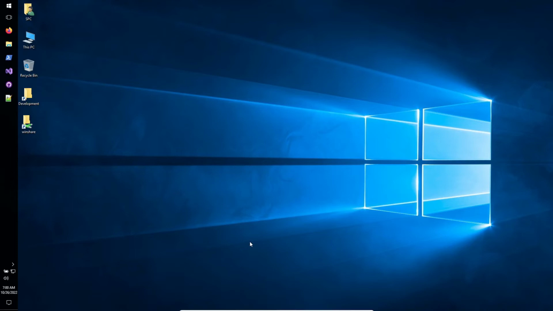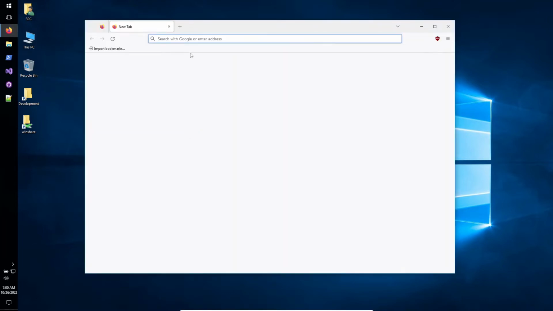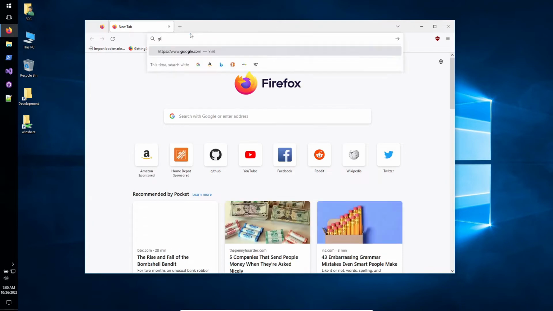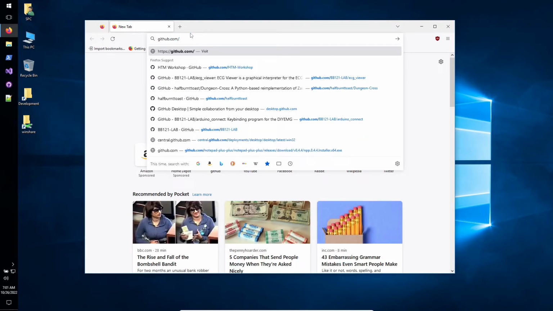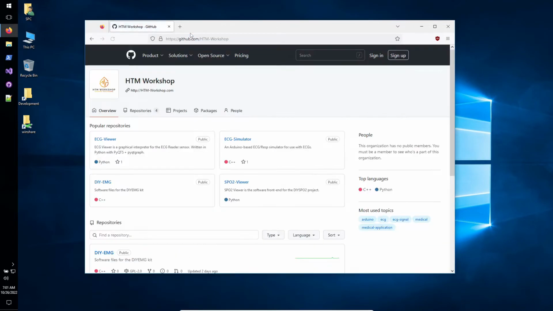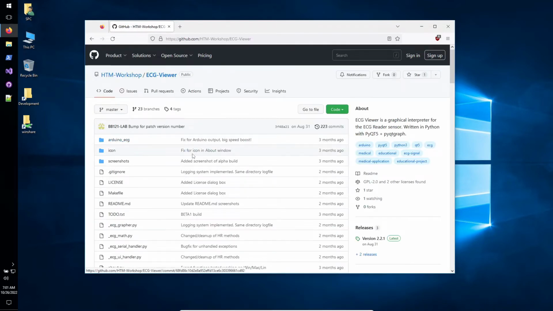In this video, we're going to install the ECG Viewer program on both Windows and Mac. So to start, I'm going to open the web browser. I'm going to go to github.com/htm-workshop. Once here, I'm going to go to the ECG Viewer repository, and then over on the right-hand side